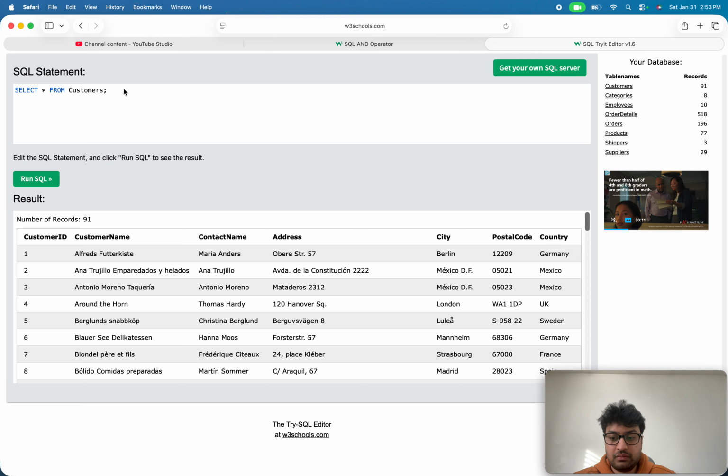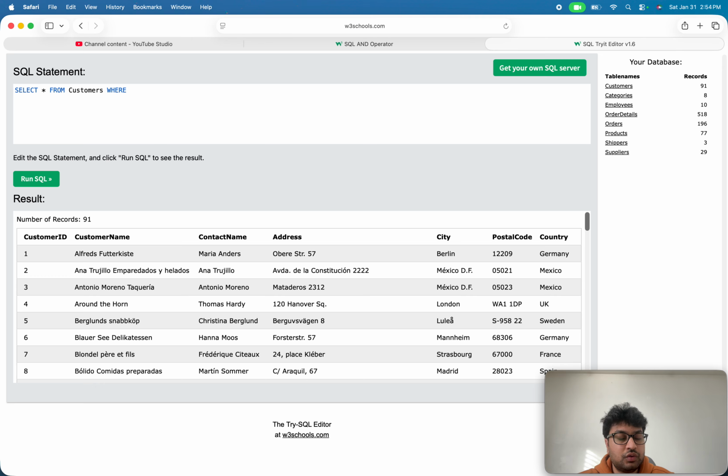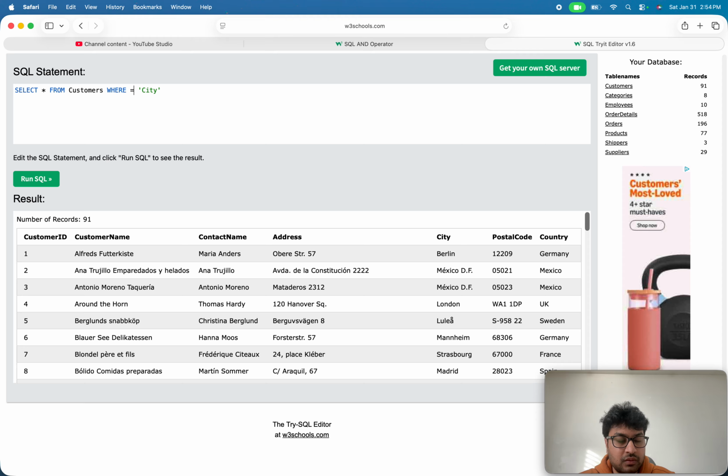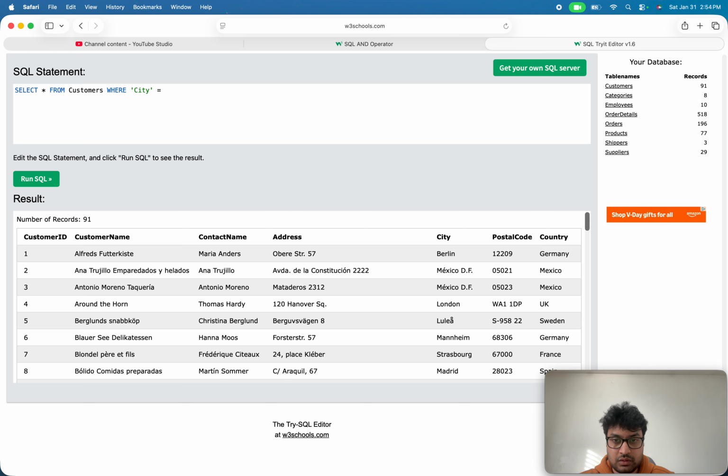Here we have the entire database, so you remove the semicolon, and then where, let's just say city equals Berlin, and